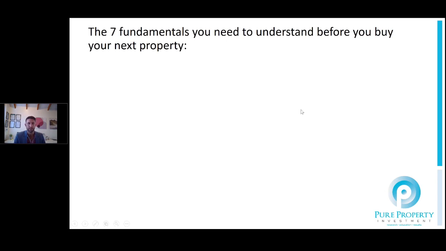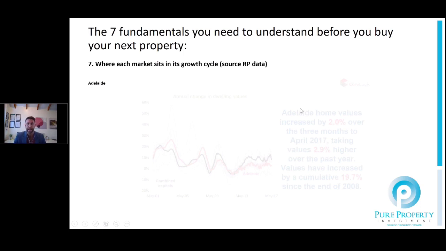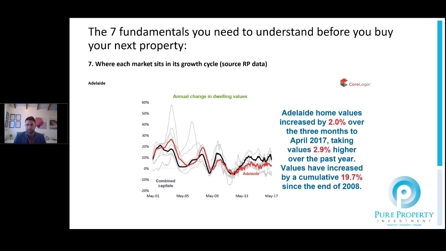Probably moving on from Brisbane into the next market, being Adelaide, and I've already spoken briefly about Adelaide and how it's looked over the last few years and what's ahead of it from a headwind perspective. I think what is in store for Adelaide at this stage is probably going to be more of the same. That's going to be relatively modest growth, coupled with a few headwinds from the economic sector, but also when we look at net migration in and out of Adelaide, we don't see much additional pressure.